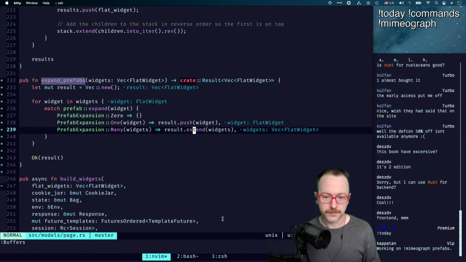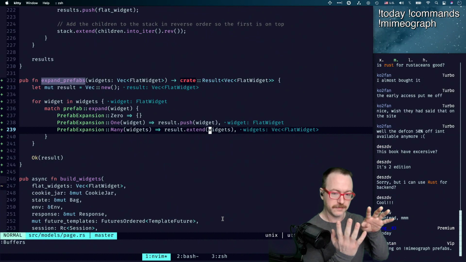Because at this point, we got the widgets back, right? But we didn't interleave them with the other widgets in the tree, right? Instead of them being like this, like